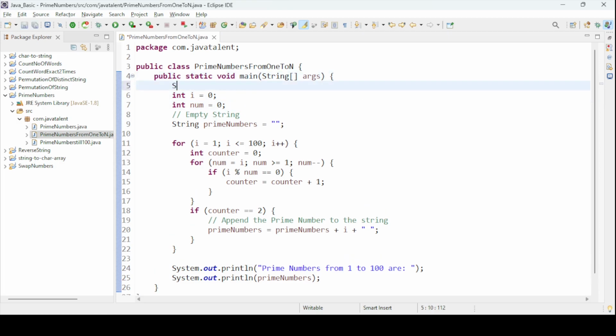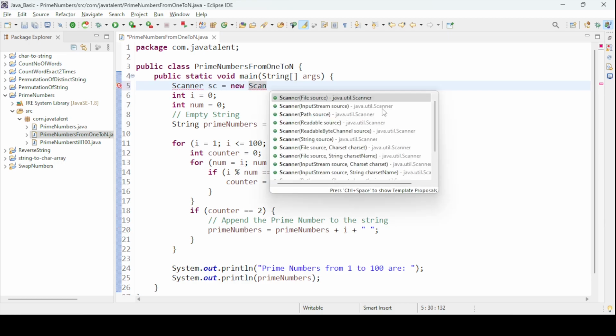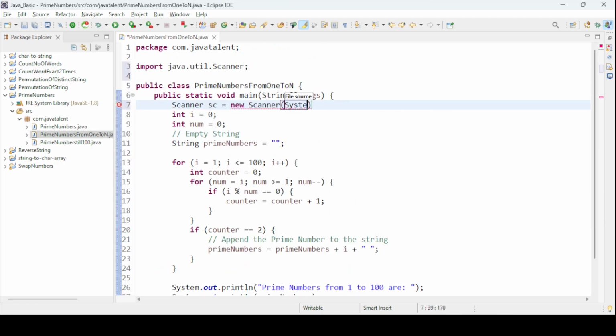Let me create the object for the scanner class so that I can take the value. Scanner sc is equal to new Scanner of System.in. So I have created the scanner class object and I am going to use this to take the value